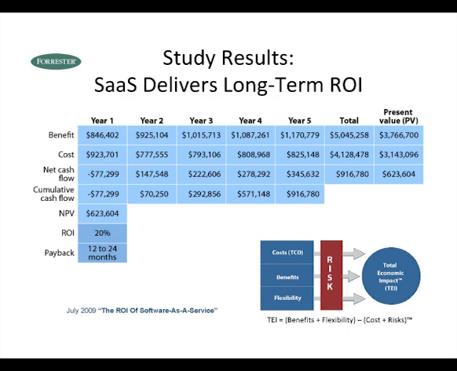This particular model was based on a CRM installation of 1,200 users, which is a pretty large deployment. The scenario here is that it's replacing an existing on-premise application, and so this looks at the ROI of that replacement process. The benefits you can see on the top line here are roughly $1 million per year. And these are driven by the benefits I described related to quicker adoption of new users, improved utilization